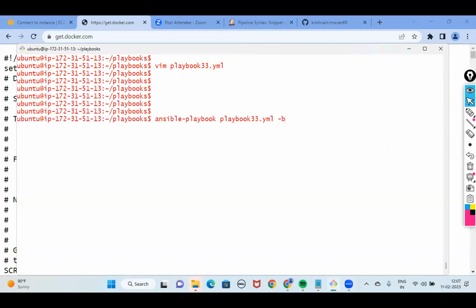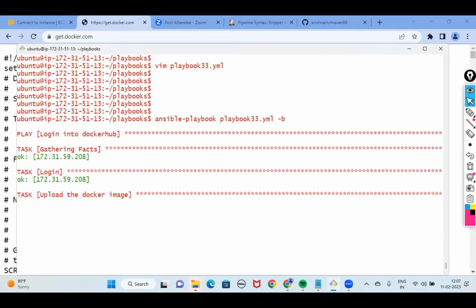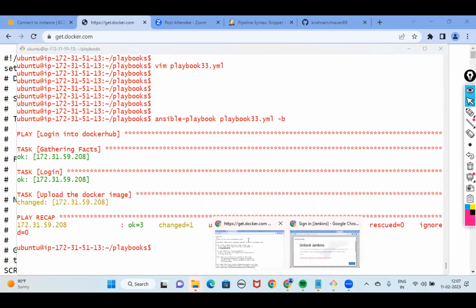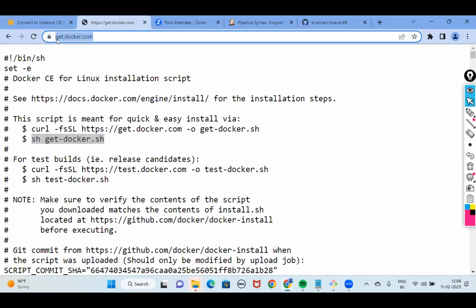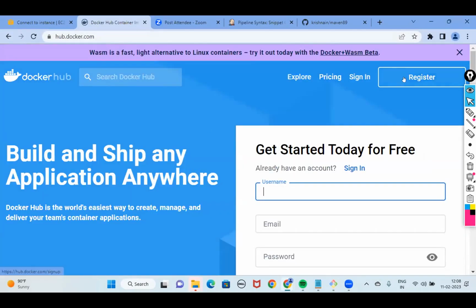ansible-playbook, the name of the playbook. Upload operation is successful. Okay. How do you check if the upload operation is successful or not? You can just go to the Docker Hub and you can check it, right?